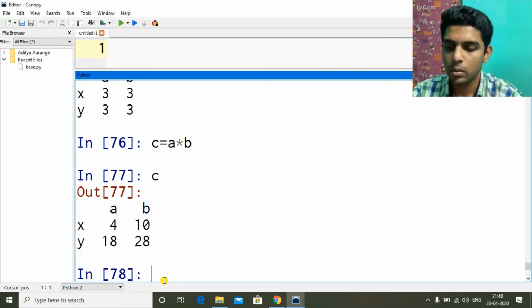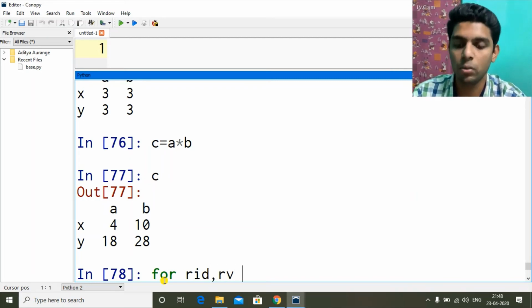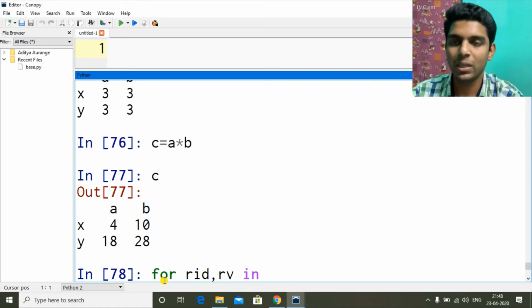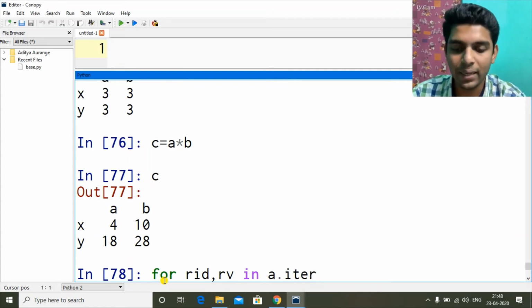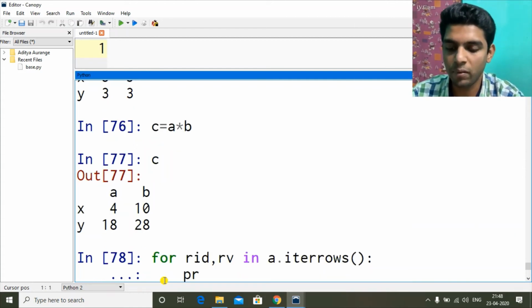As we have two values, so for RID, row index, comma RV, row value, in. These are just variables, you can name them anything you want. In the function, which is A dot iterrows. Iterating means going through something one by one. iterrows is the function. So in that we will do